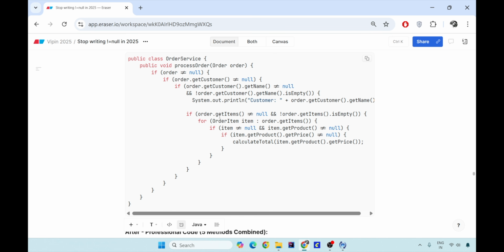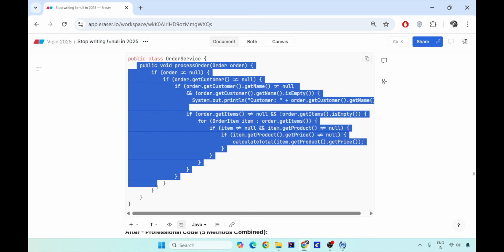For example, if a hacker somehow places an order but does not put any items in it, then it should fail then and there. So each order should consist of a proper customer placing that order and should have a proper items list. Items should not be empty in an order. Then in those items, you get the product and get the price of that product and then calculate the total price for each item, and at the end, for that particular order that you are getting into the system, you calculate the total amount to be taken as payment from the customer. So this is what the doomed pyramid looks like.